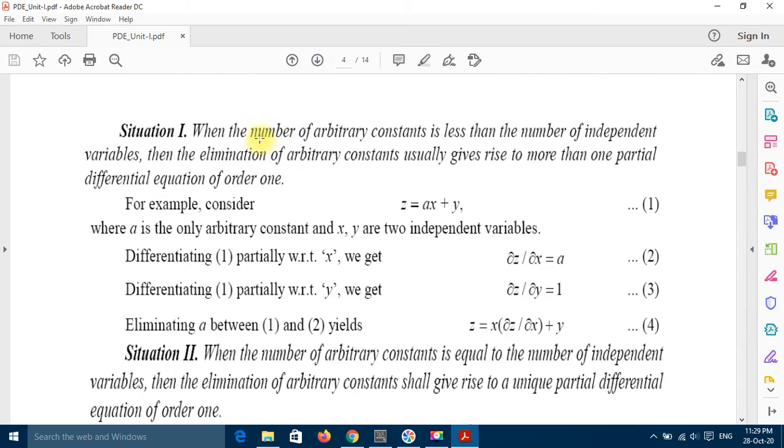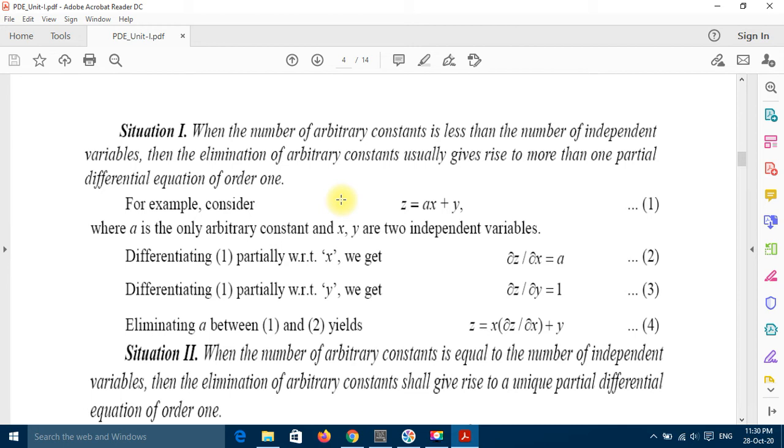Now we are trying to find the partial differential equation corresponding to the given function. There are three situations. Situation number 1, when the number of arbitrary constants is less than the number of independent variables, then the elimination of arbitrary constants usually gives rise to more than one partial differential equation of order 1. Means if we have a function z which is depending on x and y, which contains a single arbitrary constant,